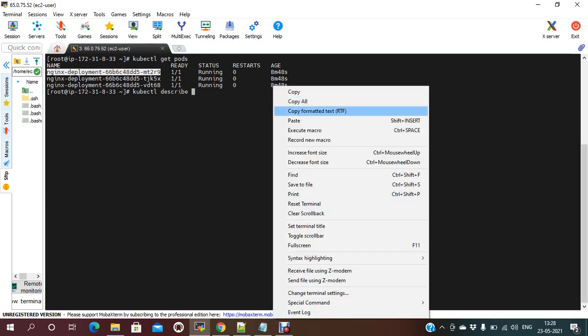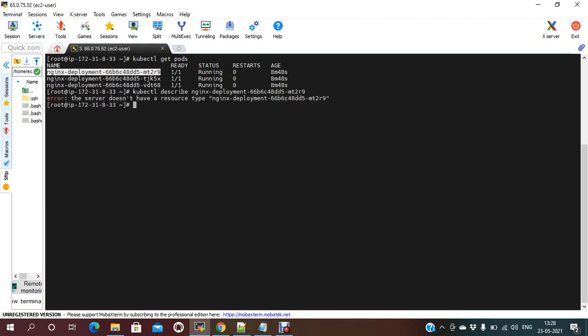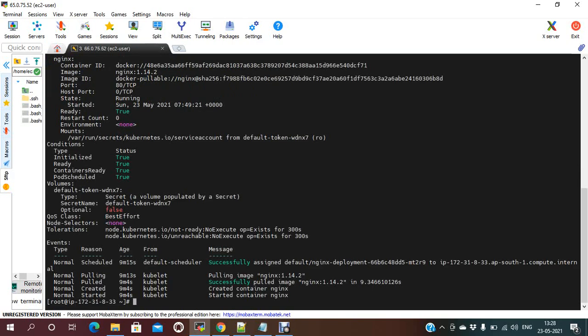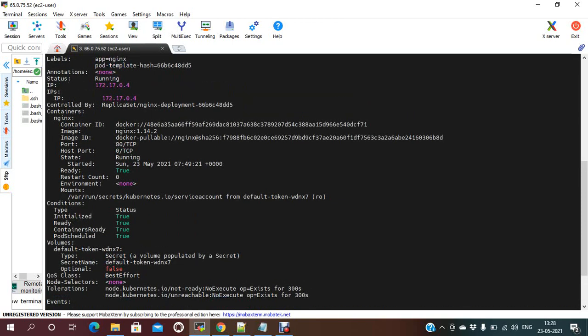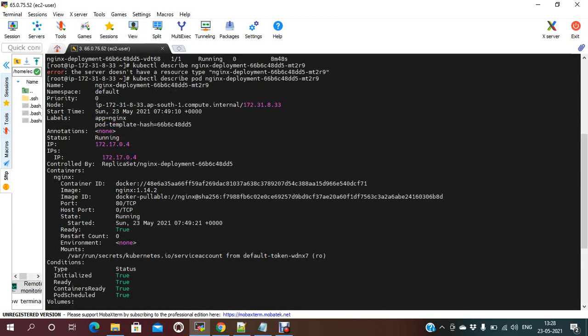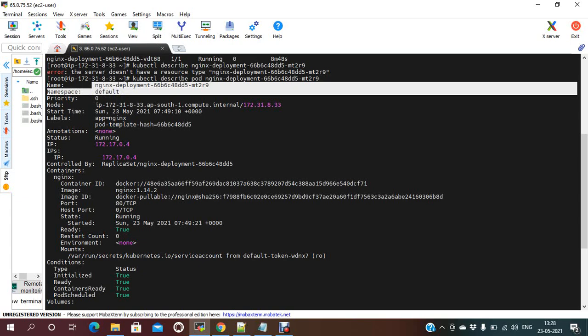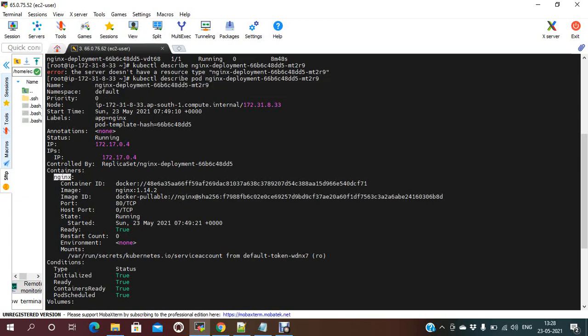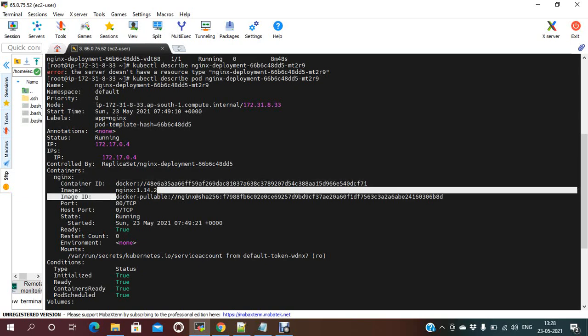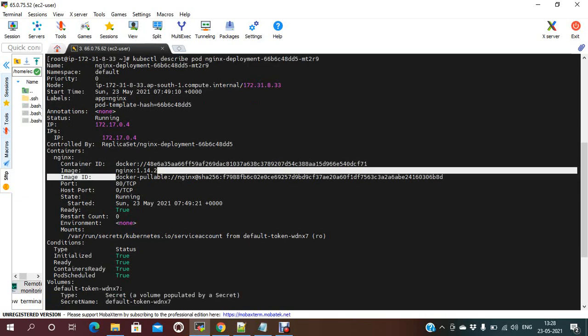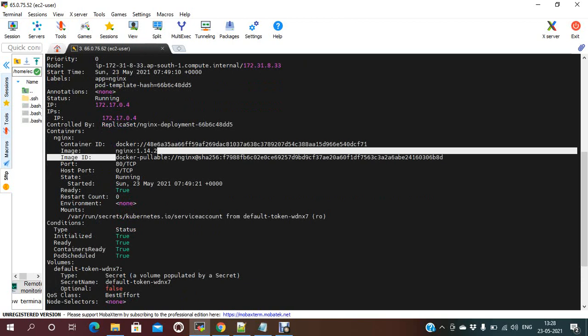and pod name. Okay, and if you want to see the details, kubectl describe pod name. So this is the name of the pod, and the container is nginx. This is the container id, this is the image name, image id, and the port name, conditions and volumes. Okay,